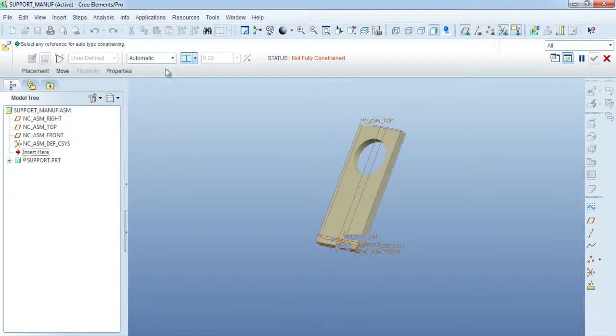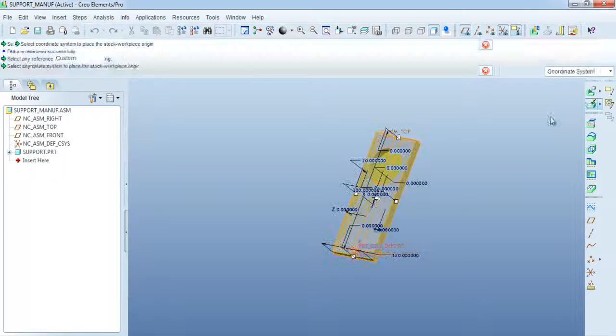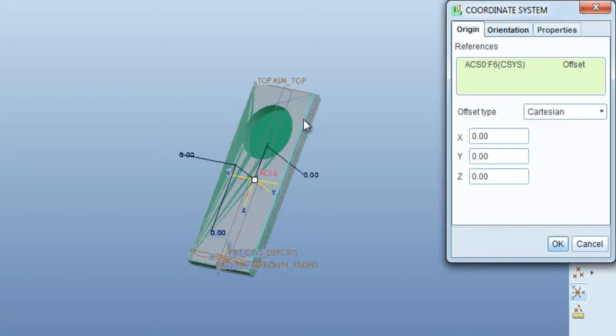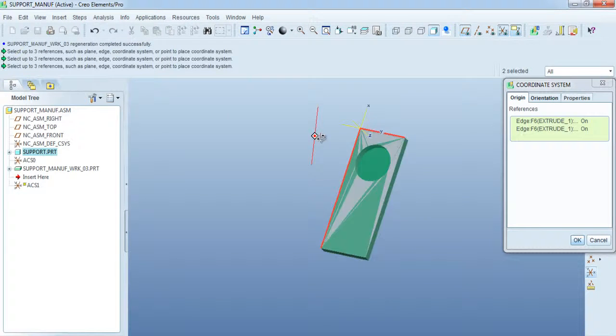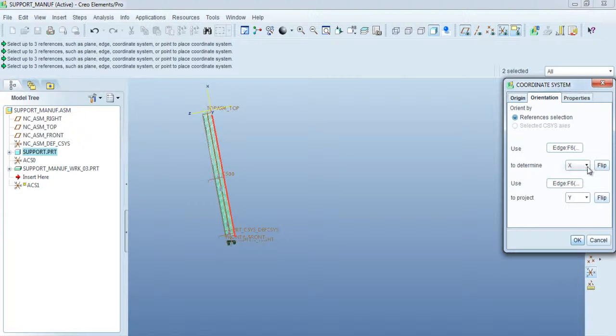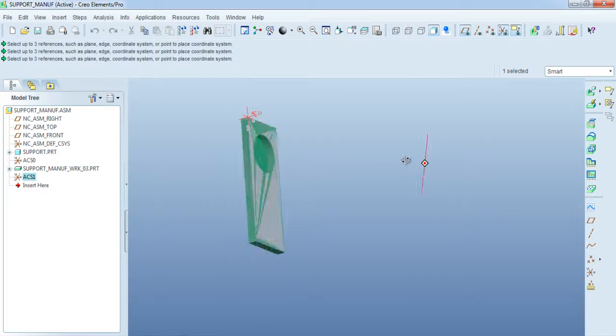Open, default, OK, workpiece material, OK. Then new coordinate system, select this surface, this line and this line, make sure that this is pointing outwards. So looks fine now, OK. After that go to mill volume